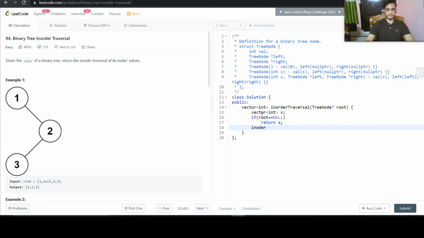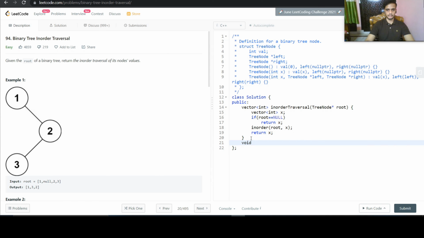So let us define the function inorder, and we will just give the root here. Also we will pass our vector in which we will store our values. That's fine, and at the end we will just return x.